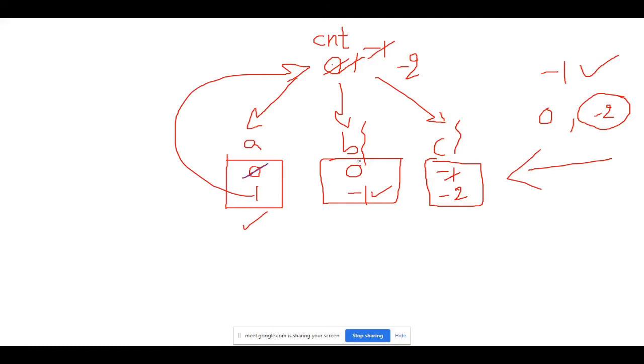It should have waited. Ideally, when someone else is changing the value, it should have waited, and only when that value is changed, it should have fetched that. Correct? Initially it was 0, and when A changed it, it was 1. If this value was taken by thread B, then things would have been smooth thereafter. 1 would be changed to 0 and 0 would be changed to -1.